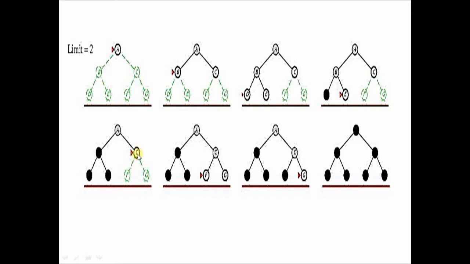Again we check, is C a goal node? Suppose C is not a goal node, then we try to expand C and find out who are the neighbors of C. There are two neighboring nodes, that is E and G. We can at random choose any one. Suppose E is chosen, so from C we reach E.